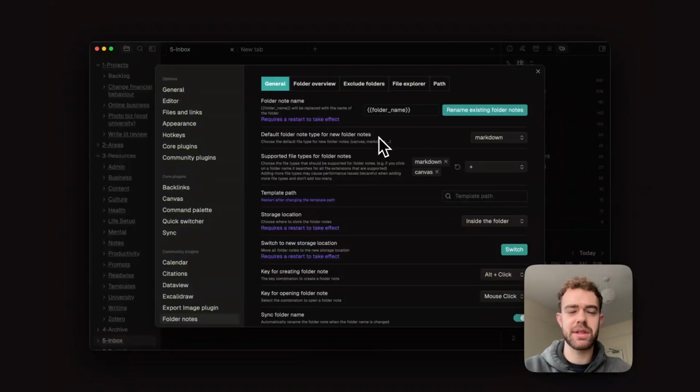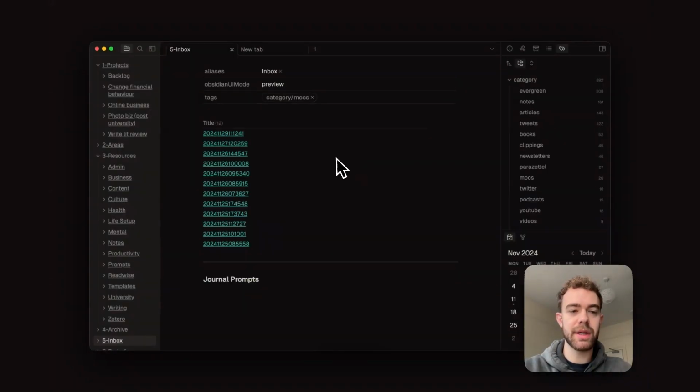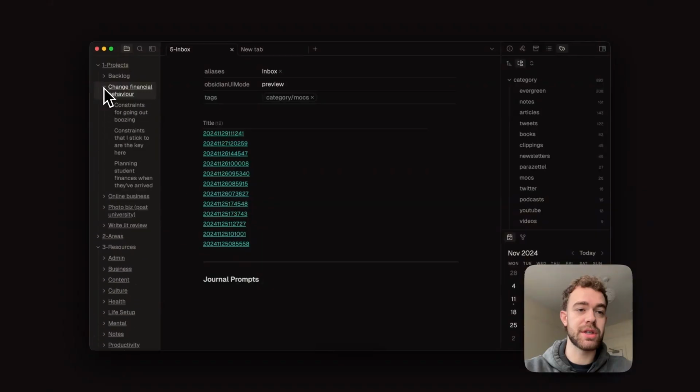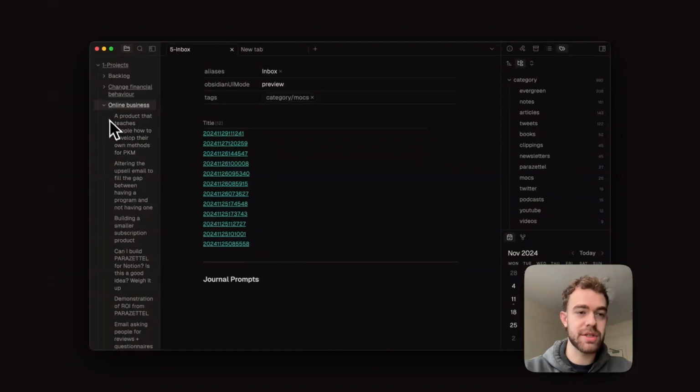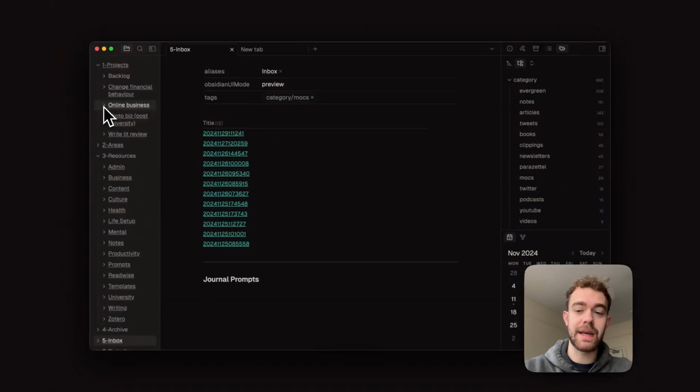Perhaps I should show you an actual example of a folder note first. What this plugin does is, when you don't have the plugin installed, all of these folders in the navigation act as folders. So if you were to just click on one, then you see all of the notes coming up like you do just here. I'm deliberately clicking on this arrow at the side of the folder as opposed to on the actual name,